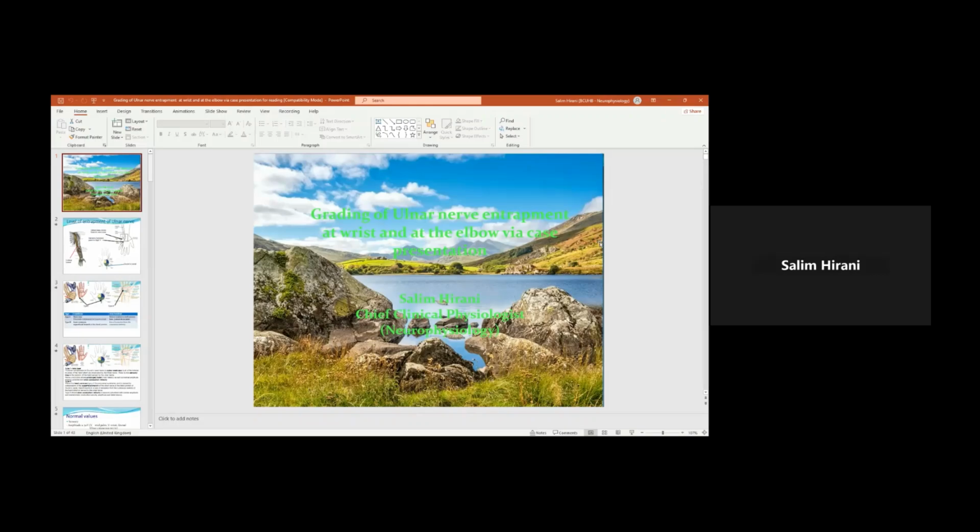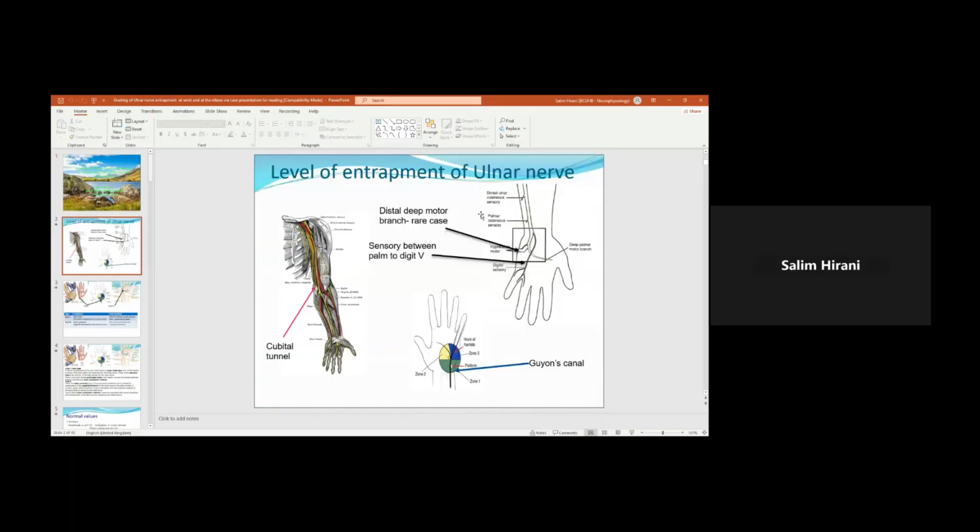My name is Salim Hirani, and I'm a chief clinical physiologist in neurophysiology. I have been working in neurophysiology for more than 32 years. Many of my research papers have been published. While recording and conducting that research, I noticed that some of that information at present, especially in the UK, is